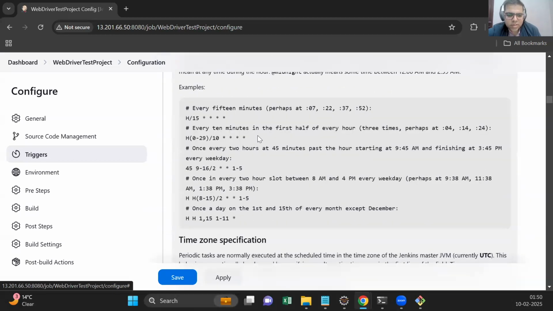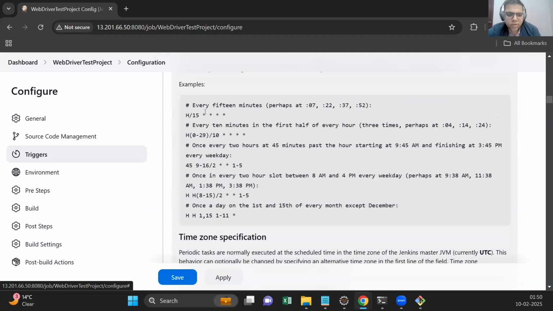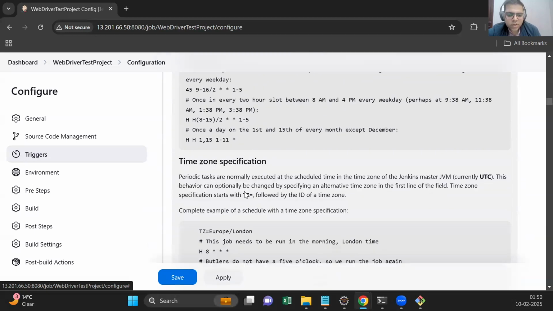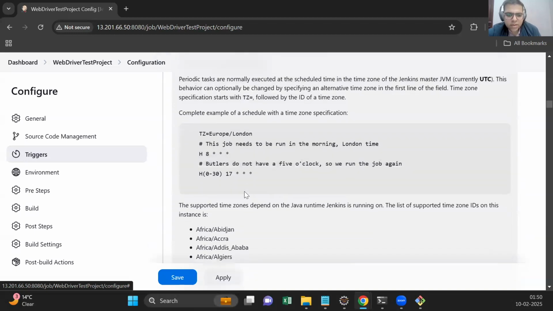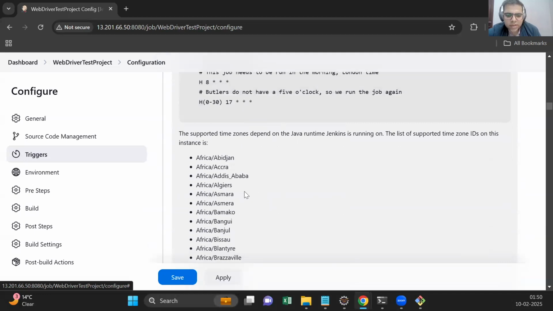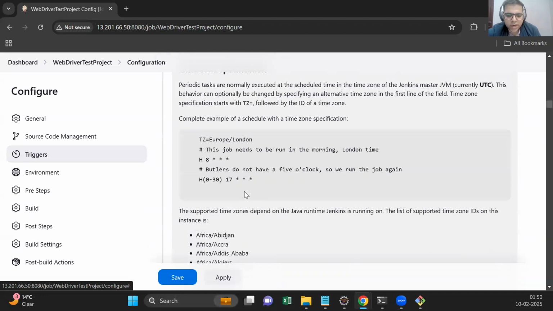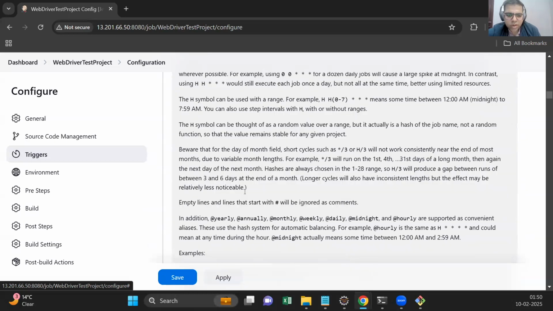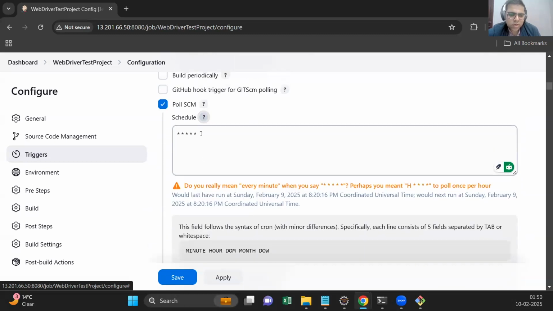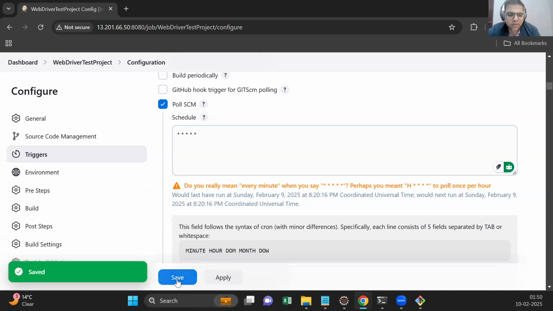You can even take it in this way as well, like H/15 if you want to check it every 15 minutes, or every 10 minutes, every 2 hours, weekdays. There are so many combinations you can provide, depending on different time zones also. There is a lot of variety in how you want to run it. As of now, I just want to see every minute if there is any change coming or not. So you have to put 5 stars like this with a space in between and click on apply, save, and